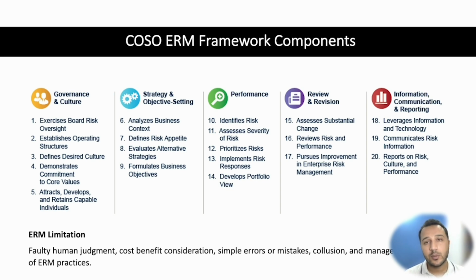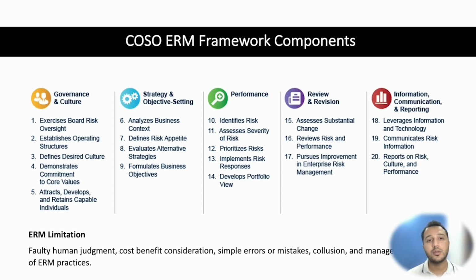Whenever we talk about strategy and objective setting, we talk about the business context. Whenever we talk about the business context, we talk about the sector, the key risks from the sector, the laws and regulations that affect the company, the geographical location of that company and how that may pose risk to the company, technological advancement and how that impacts the company, society as well, consumer behavior, the market. So these are socioeconomic factors. So this is the context.